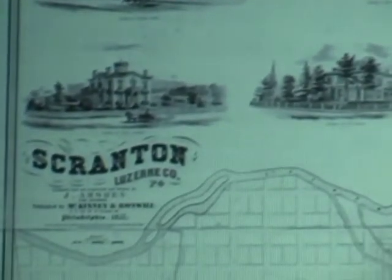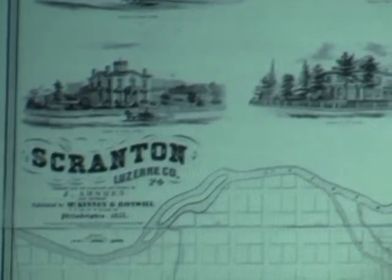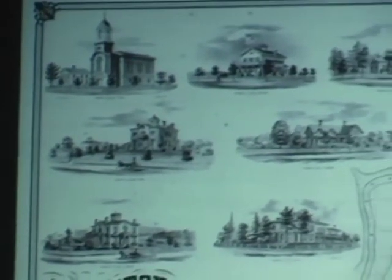The magnificent lithograph featured a plan of the city developed by Joel Amsden, 1812 to 1868, who was born in Hartland, Vermont, and trained as a civil engineer at the Norwich Military University in Norwich, New Hampshire. Hired by George Scranton in 1850 to survey portions of the Delaware, Lackawanna, and Western Railroad, a sister enterprise of the Lackawanna Iron and Coal Company, Amsden subsequently worked as an urban planner and architect,